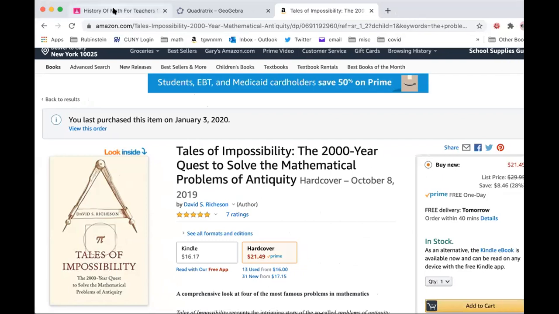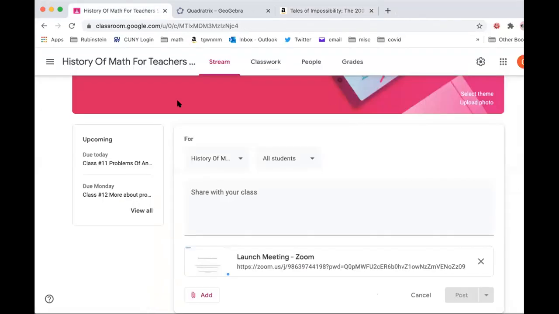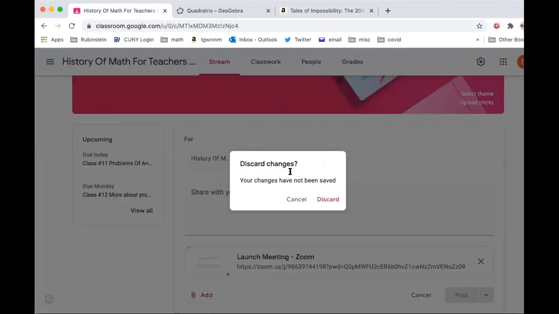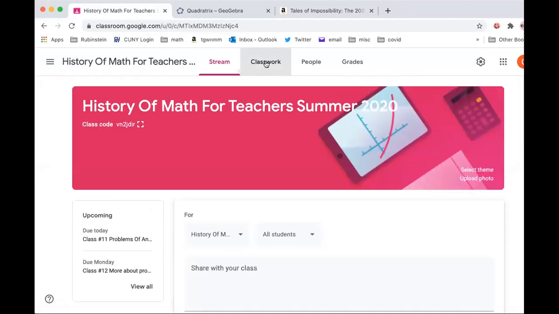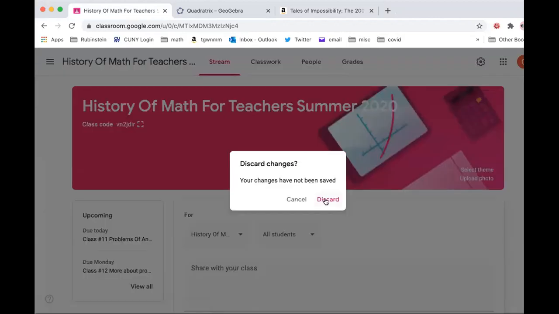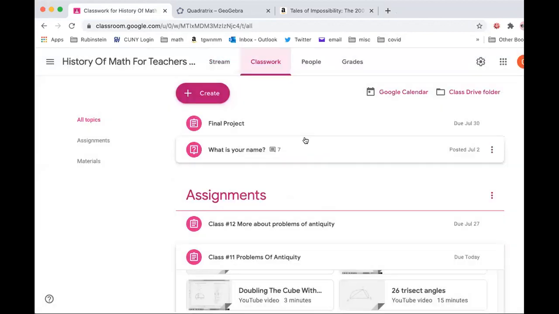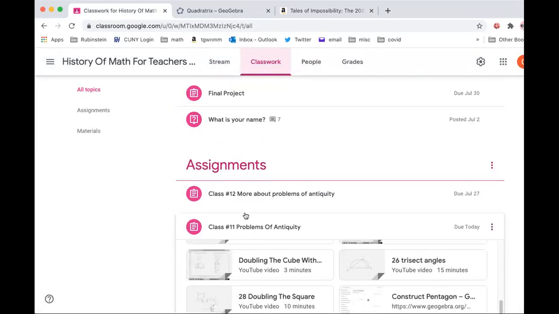So in the Google Classroom, why is it saying that? Classwork, okay. Discard changes, I don't know what changes they meant. In yesterday's assignment,